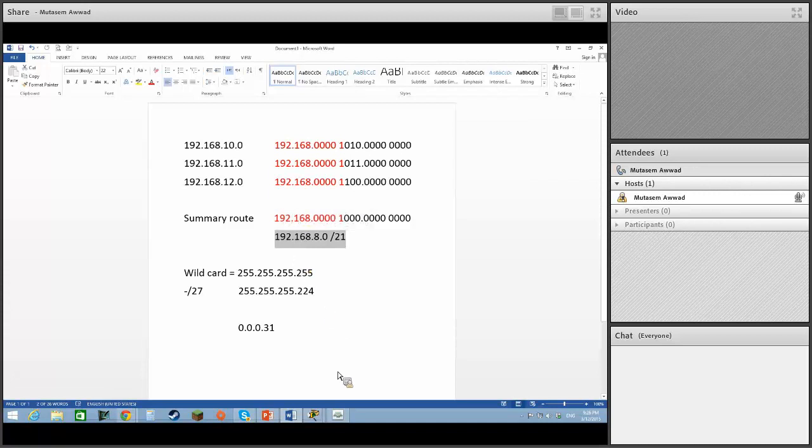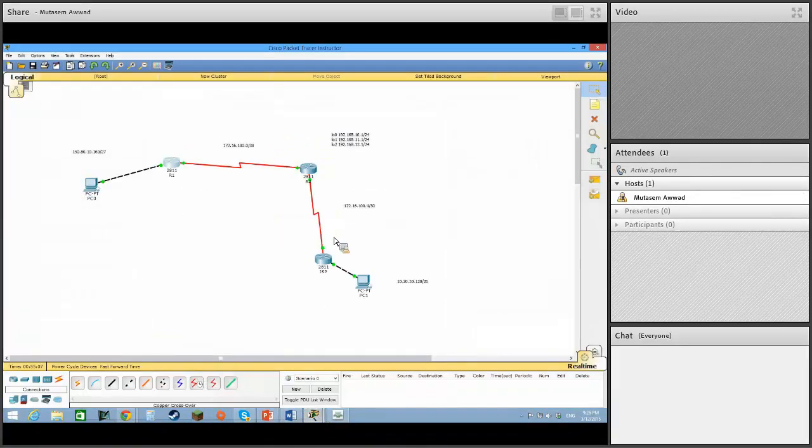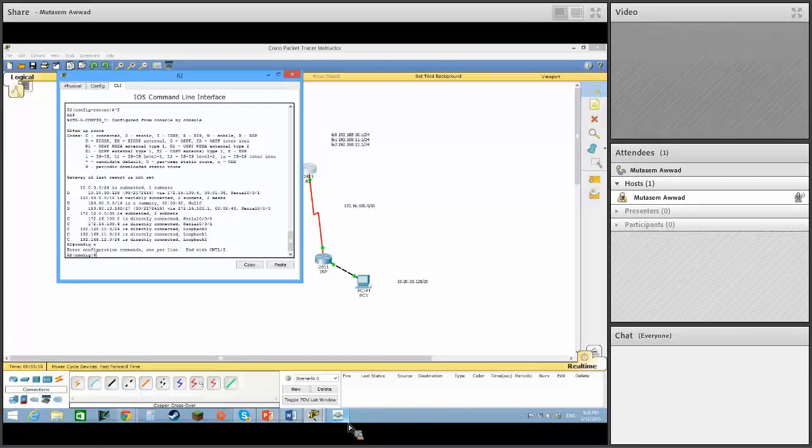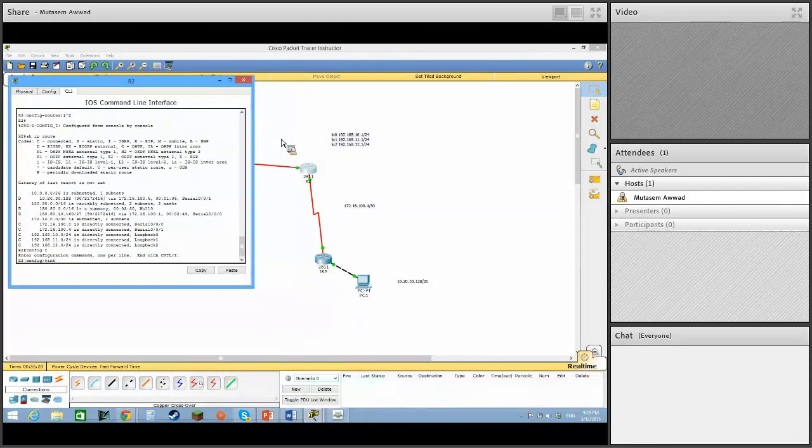So how do we do that? You go back to R2, and since we already summarized the route, you're going to go config T, and then you're going to go to the interface. First of all, we're going to send it out of here. First of all, you got to be running EIGRP number 10, right? And it doesn't matter whether you already sent these or didn't send these. So you're going to go to the serial interface, which is this one right here, the serial 0/0/0,